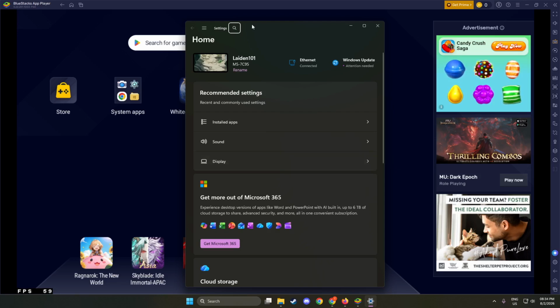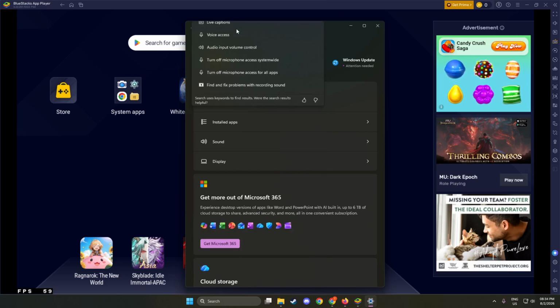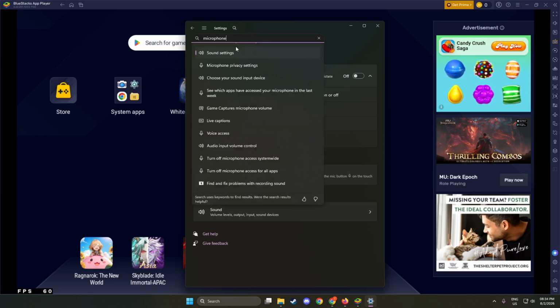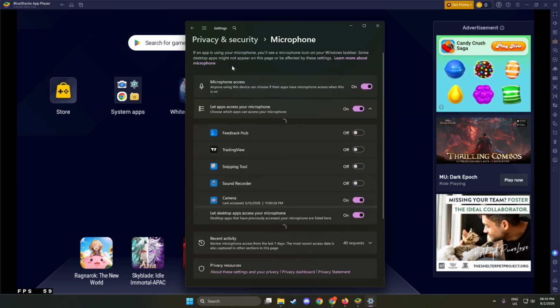Now go to Privacy and Security, then choose Microphone. On most newer versions of Windows, Privacy and Security appears in the left sidebar with a small lock icon. When you click it, the right panel changes to show several privacy sections, and Microphone will be listed under App Permissions. Click Microphone, and a new page opens that controls which parts of Windows can listen to your mic. Here you will see toggles, short descriptions, and sometimes a short message saying some settings are managed by your organization. That message is normal on work or school devices and does not always block personal apps.